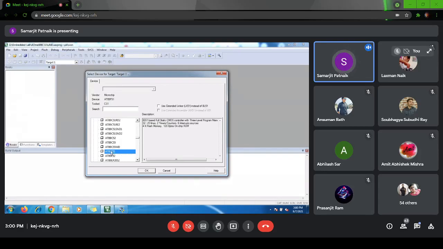You can choose any 89C51. This is an 8051 based full static CMOS controller. So this is the 8051 IC we would be programming. Just select 89C51 and then click on OK.